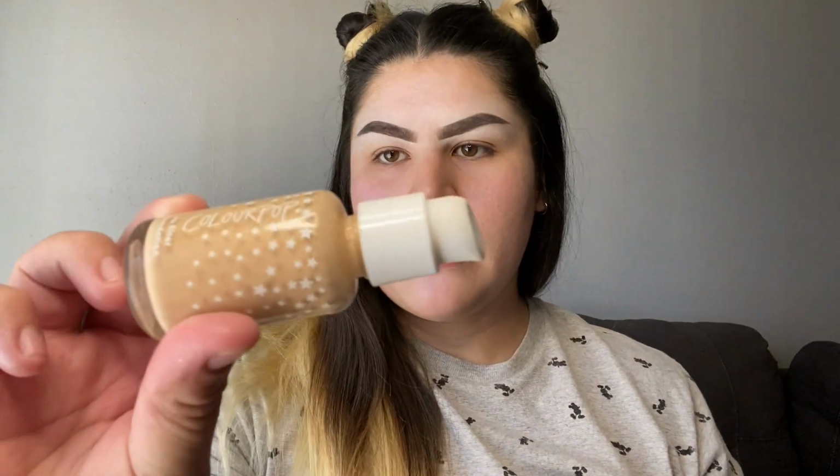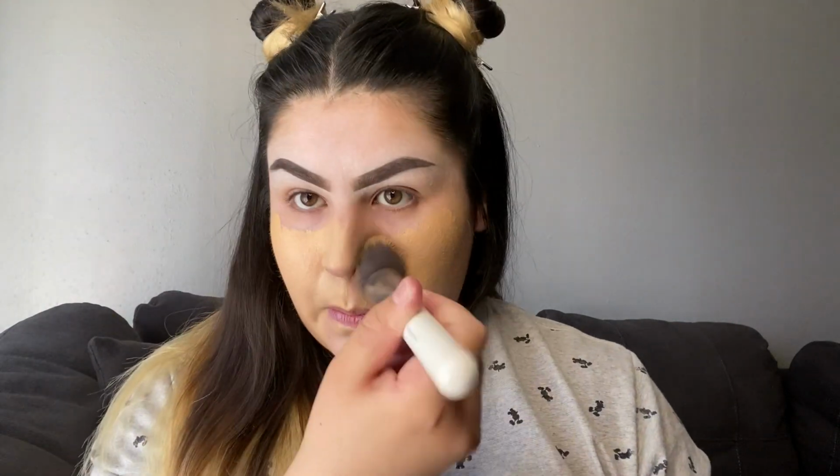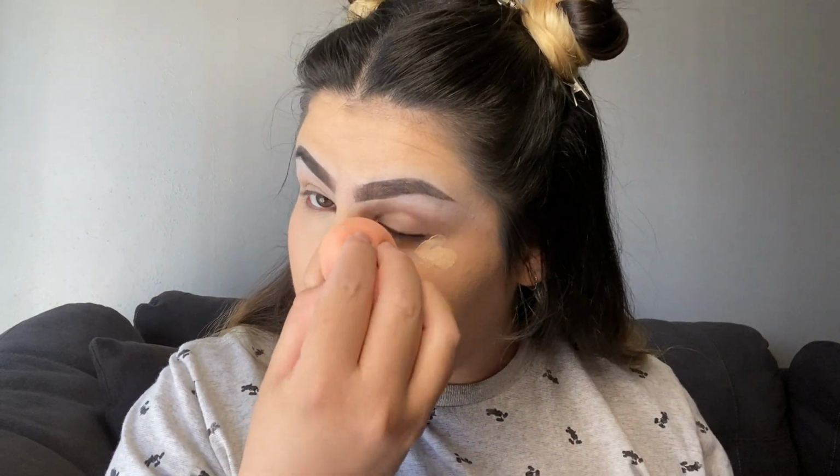I might have gone a little overboard with the white, but I wasn't happy with my brows on my last video, so I wanted to make sure my brows looked really good. So right now I'm going to use ColourPop matte no filter concealer, and with my brush just putting that all over, and then I'm gonna brighten my eyes and the rest of my face with ColourPop no filter concealer, as well with my